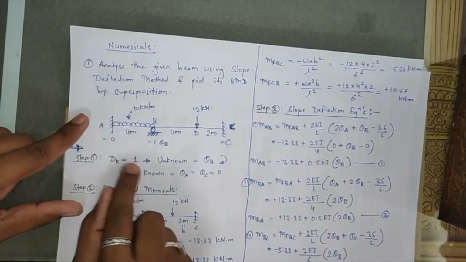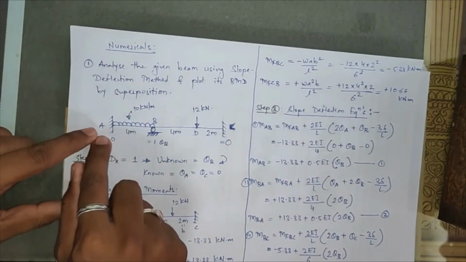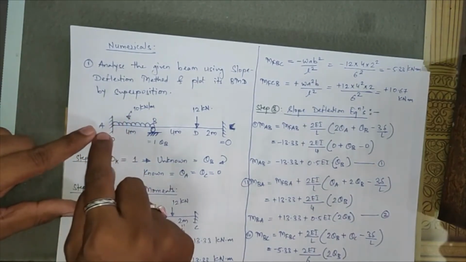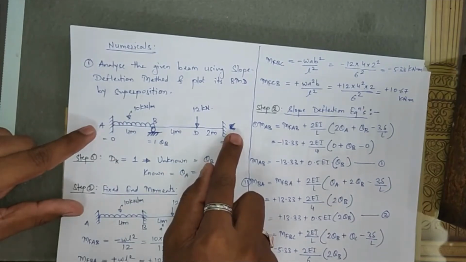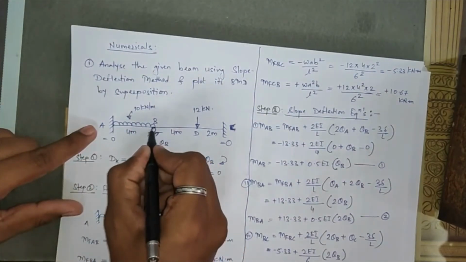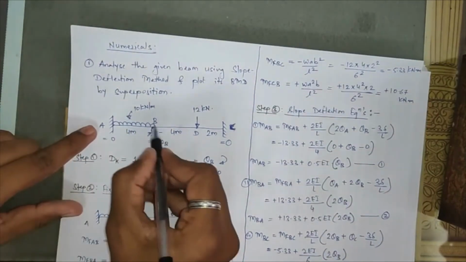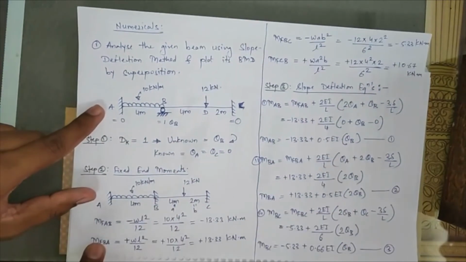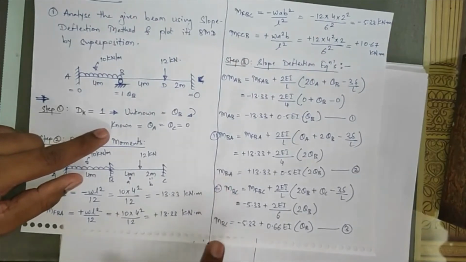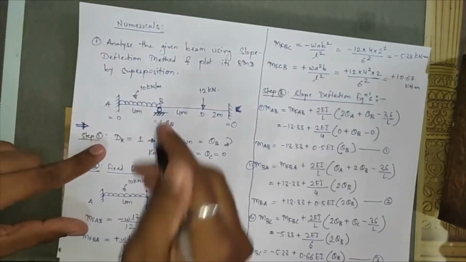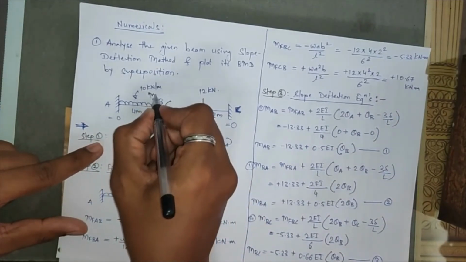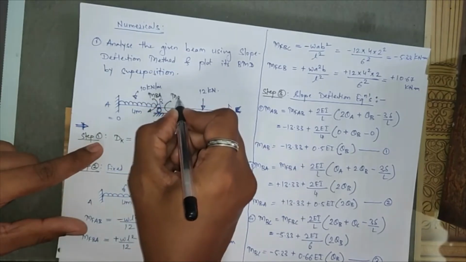So for the condition of equilibrium at a joint, can I say at joint A your moment will be 0? No, you cannot say. So your condition of equilibrium cannot occur at point A. In the same way it cannot occur at point C. So which joint is remaining? Joint B. Now to keep this joint in equilibrium, what two moments are occurring, that we have seen. First is your MBA moment occurring here, and the second moment occurring at joint B is MBC. Suppose I am marking those here. This moment is your MBA, and here your moment is MBC.